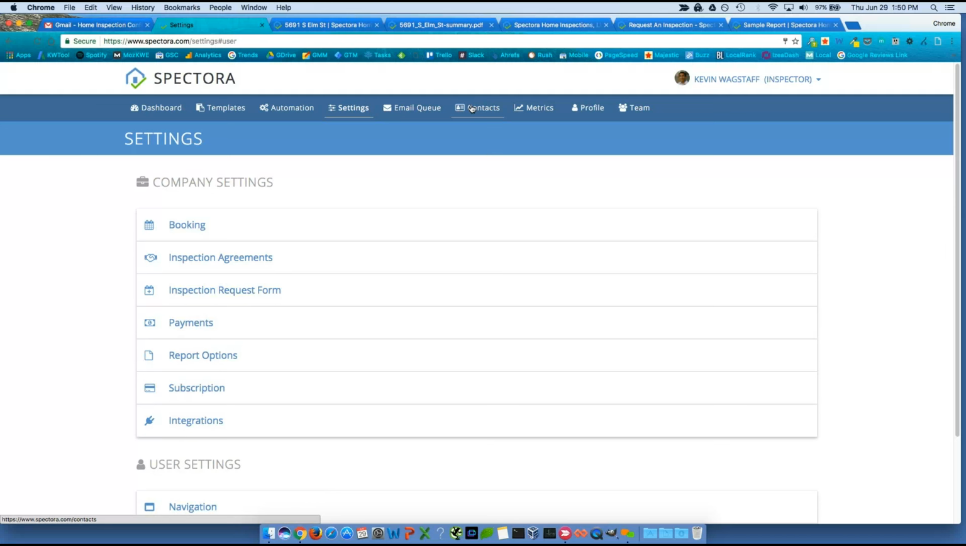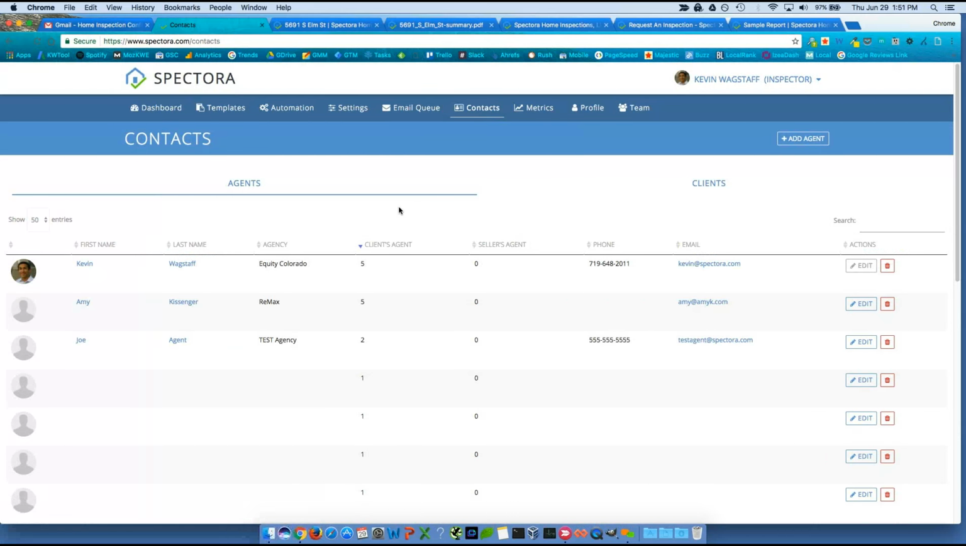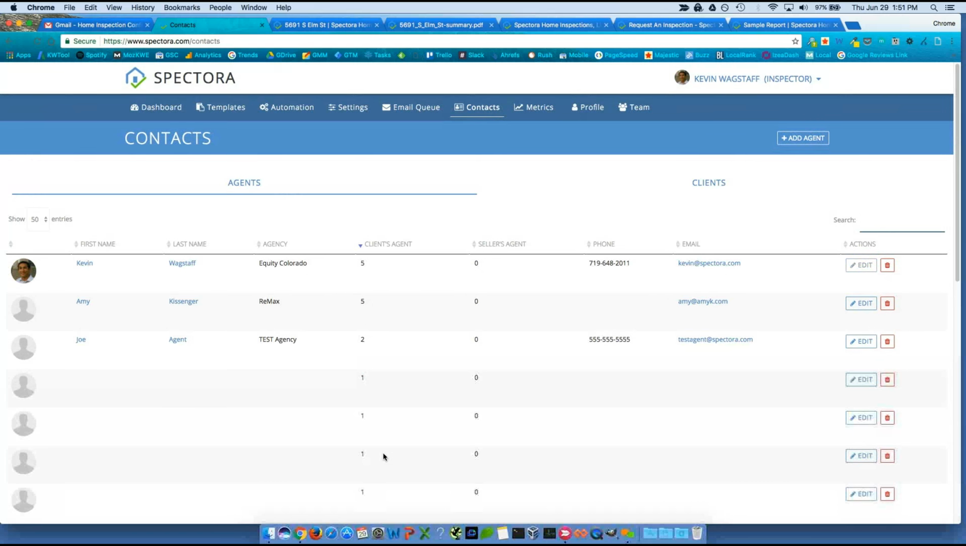So let me jump into contacts. We do have plans to really blow this out in the future to make this a very useful contact management platform for you as well. But a lot of our guys like the fact that they can just look at their agent list here. They could search over here to the right for a particular agent and see how many times they've used them. And then you can also export this email list if you're wanting to add all of these emails to, say, MailChimp,